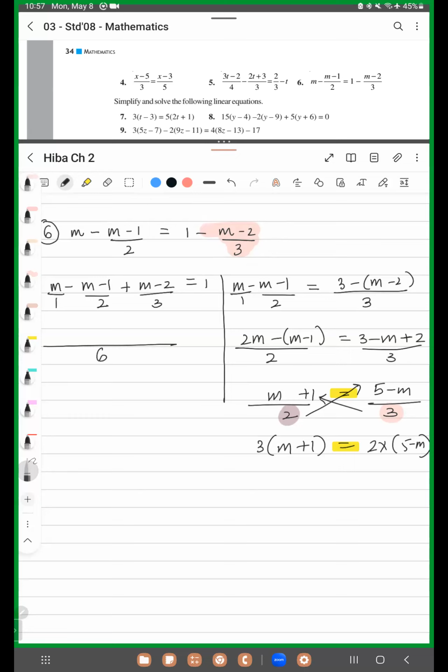This one, this method? Yeah. Or this one? Okay, fine. So continue हिबा, बताइए कैसे करना है. So the LCM of 1, 2 and 3 will be 6. So it will be 6m minus 6 bracket m minus 1. 6? No, sorry. Or 3? It will be 3. 3. Then? Plus 2 bracket m minus 2 is equal to